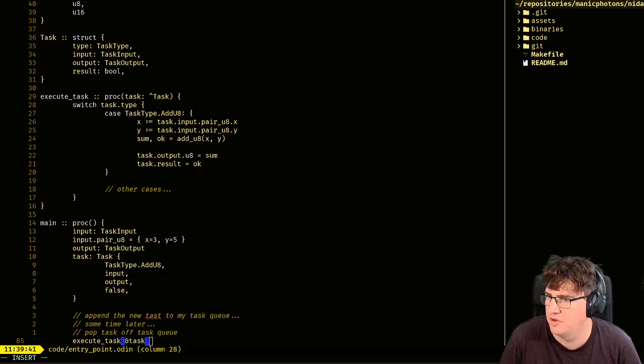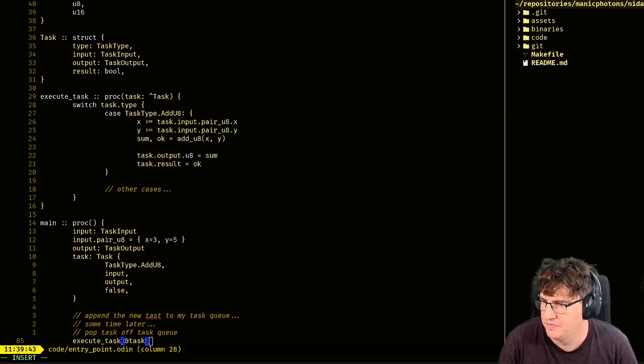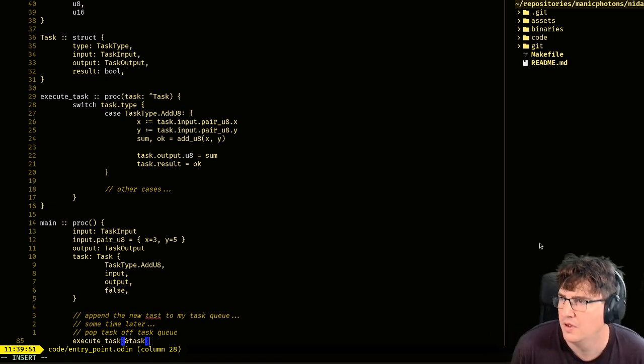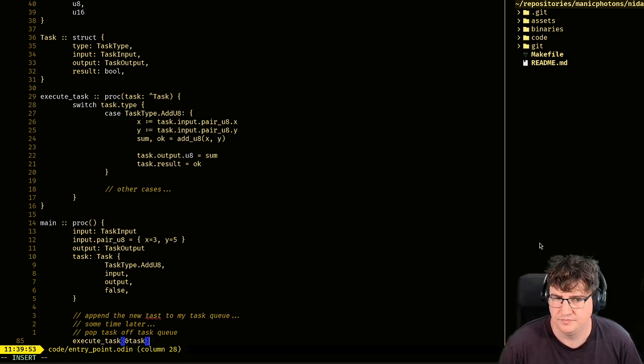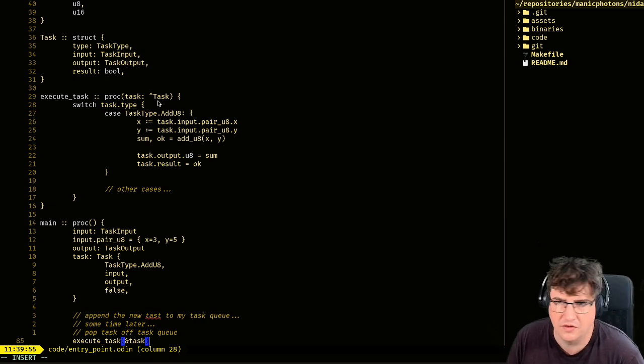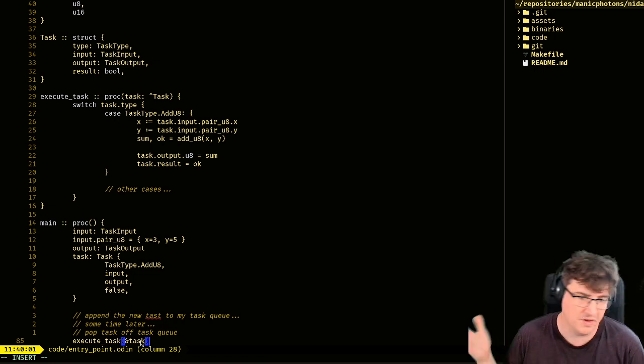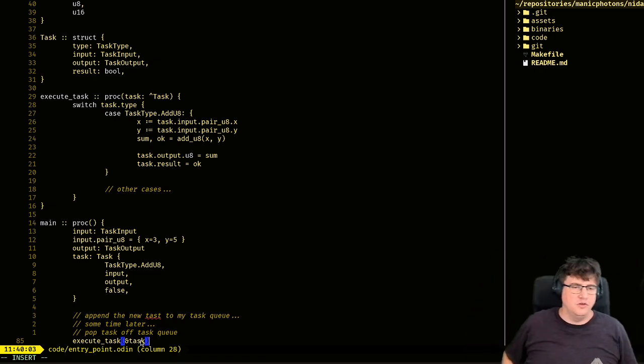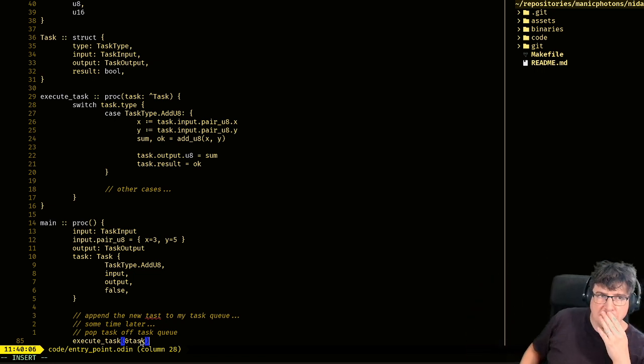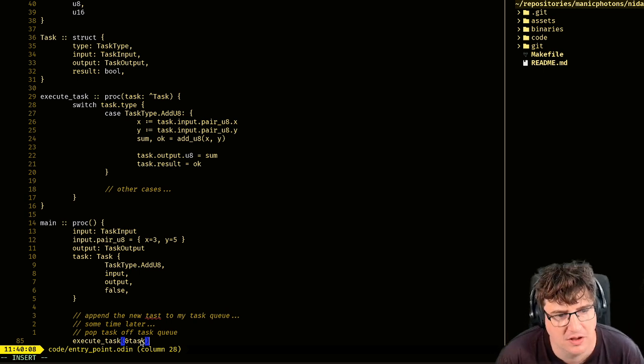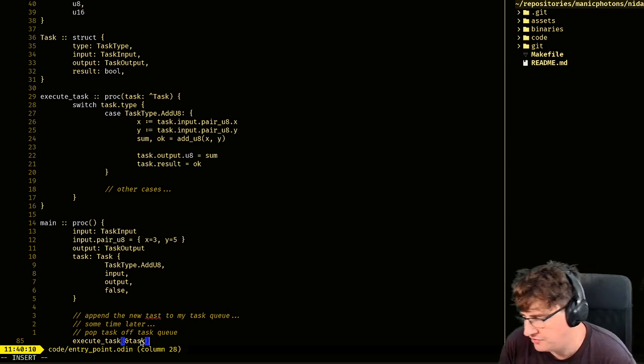I'm assuming that's how we do it. Yes, so this is a pointer correctly, and that's dereferencing the pointer. There we go. Okay, fine. So super simple. I have a way of executing these tasks.